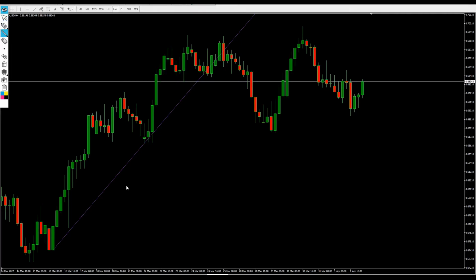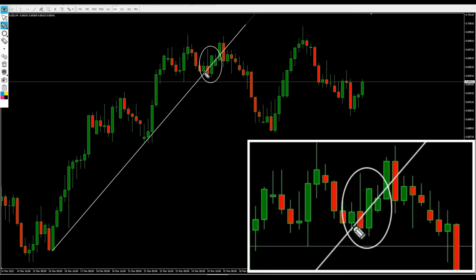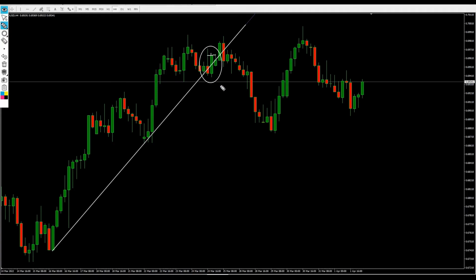Okay, so take this trend line from this pivot to this pivot right here. Now at this point right here, there was a breakout, an immediate break back in. And you can see how this break back in candle has a full close and only a minimal wick on the top. So I would say that's about a 98% close relative to its high. Okay, so what we want on the break back in candle is to at least have a 50% close relative